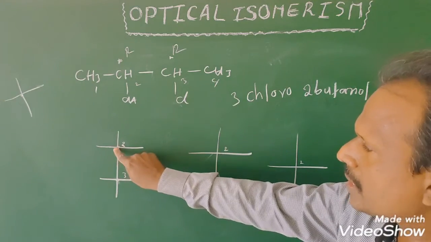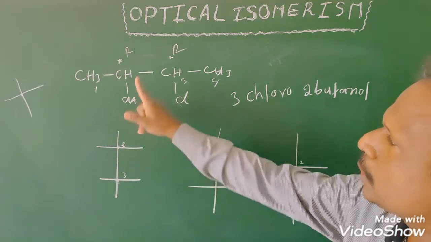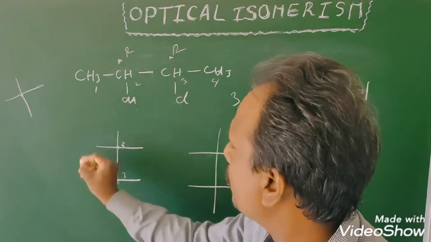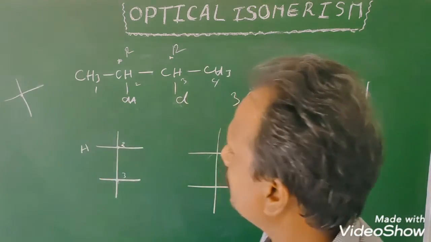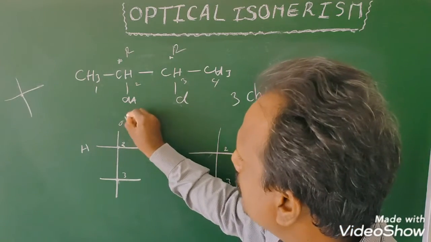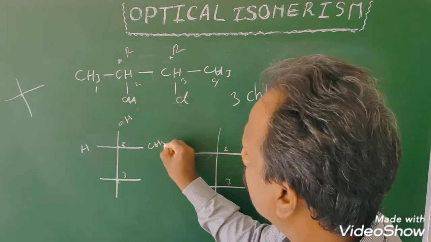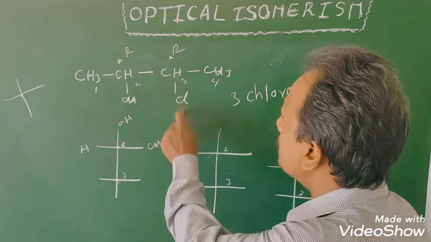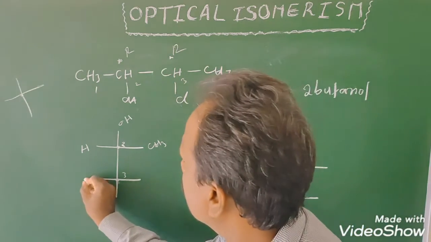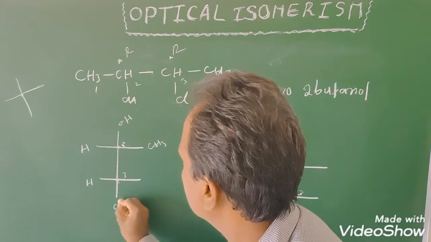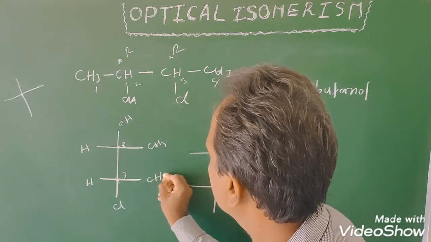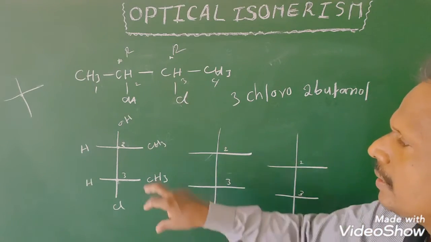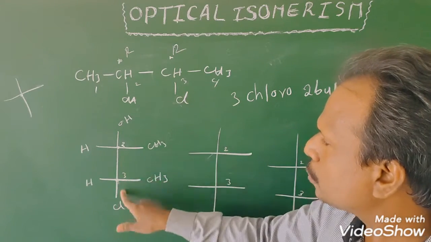So this is the location of the second chiral carbon. It has 3 groups, what are they? H, OH, methyl. In one isomer, their locations are H, OH, CH3. Next one, another carbon also has H, Cl, CH3. It is one isomer in Fischer projection. How can you decide the chirality of these 2 carbons?